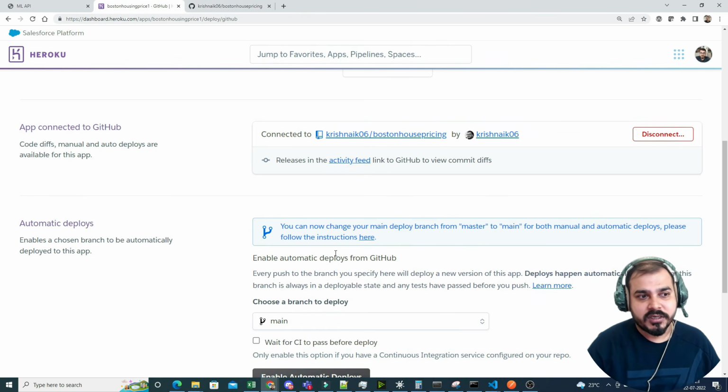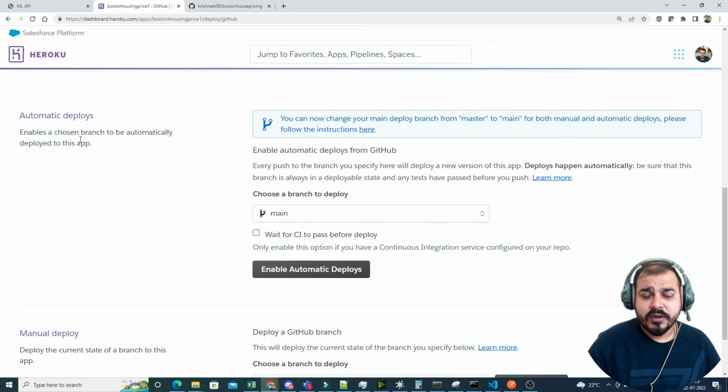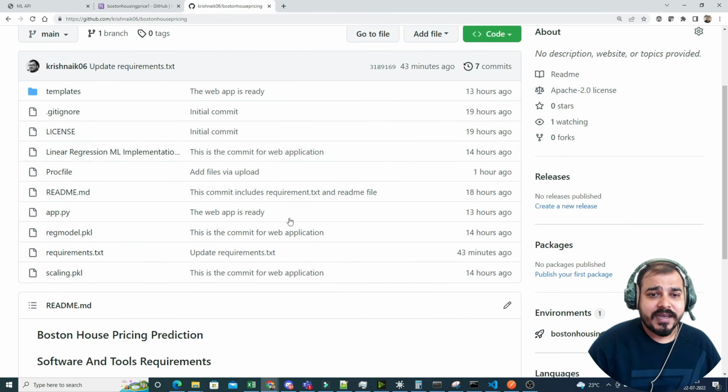Automatically, it will do the installation. It'll see the requirement.txt and everything. Now, over here, you can see we can also enable this automatic deploys. If I enable it, that basically means anytime any changes that I make over here, automatically the deployment will happen